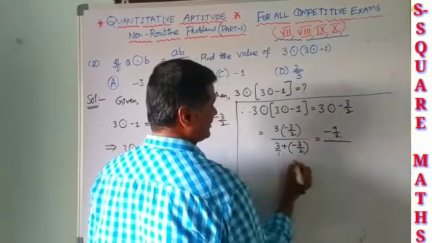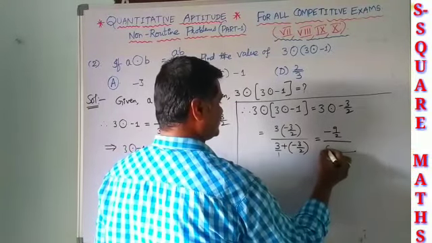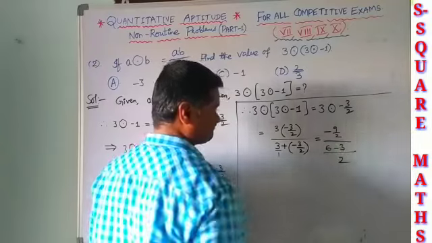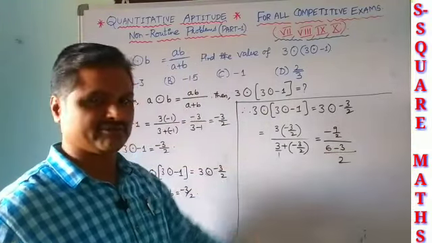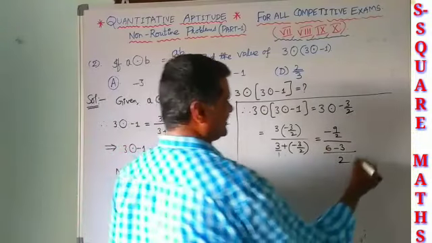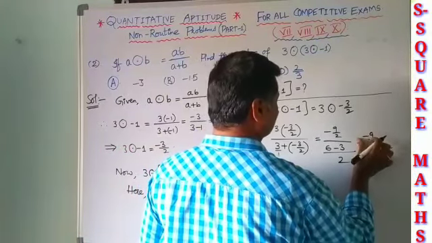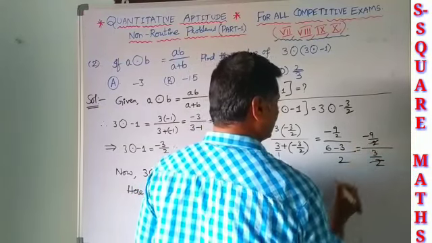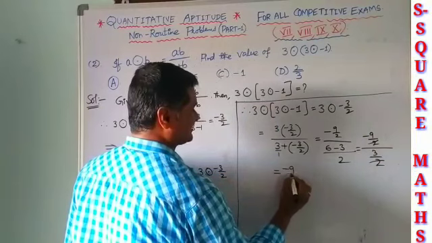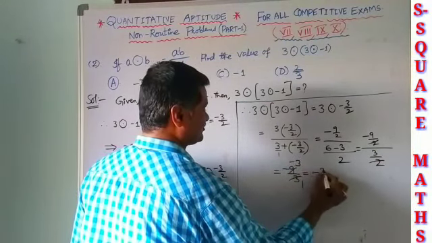So minus 9 by 2, and where nothing is written it means by 1. So the LCM here is 2. So here 3 into 2 is 6 minus 3, after taking the LCM, because 2 is our LCM. Finally I can write minus 9 by 2 divided by 3 by 2. Denominators 2 and 2 get cancelled. The leftover is minus 9 by 3, once 3 is 3, thrice 3 is 9, so minus 3 here.